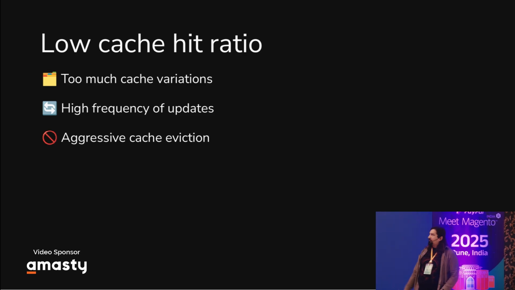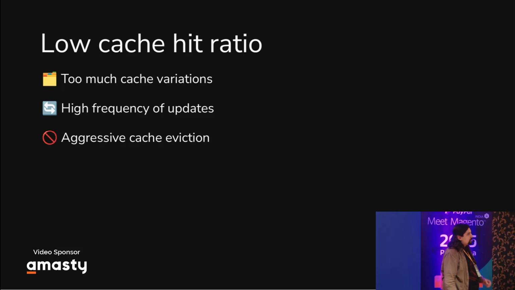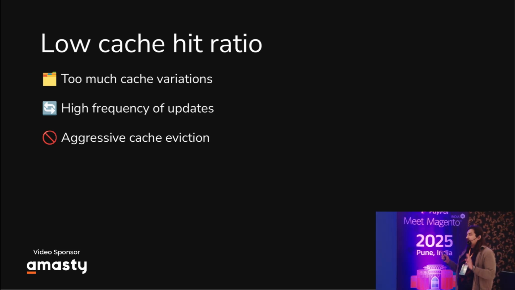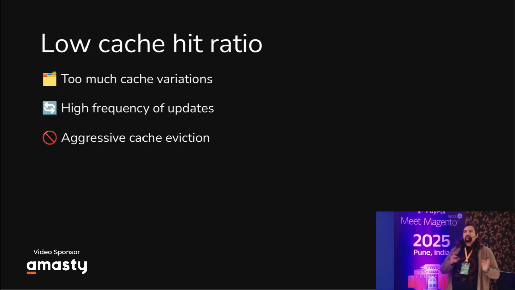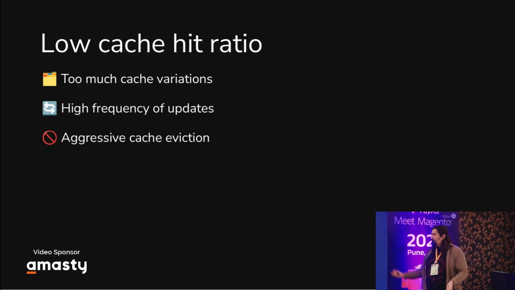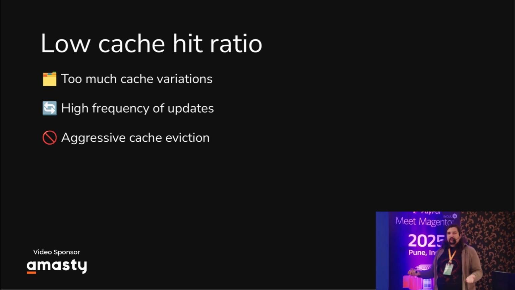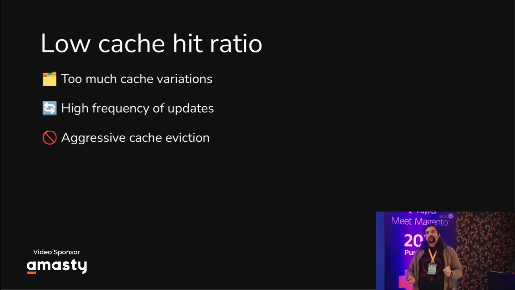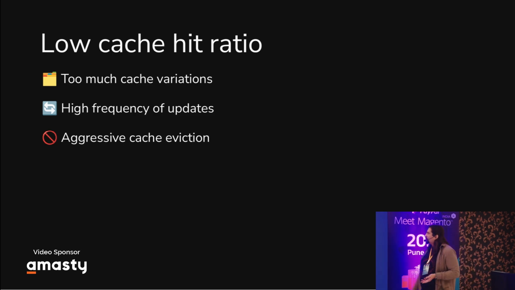However, a high cache hit ratio and too many cache variations do not combine together. Imagine you have data stored in Redis for each product, or for each product variation of a configurable, and so on. That's too many cache entries. There is a very small possibility that you will ever have a 100% cache hit ratio, because something will come from the ERP system, something will come from the PIM system, people will buy products on a website, so the cache is never going to be warm.